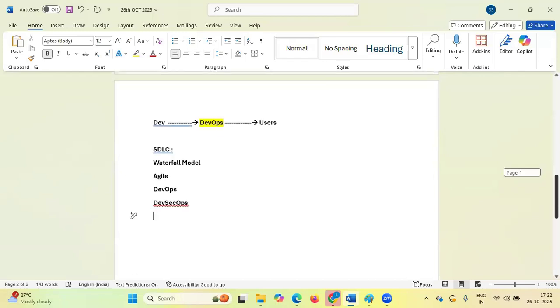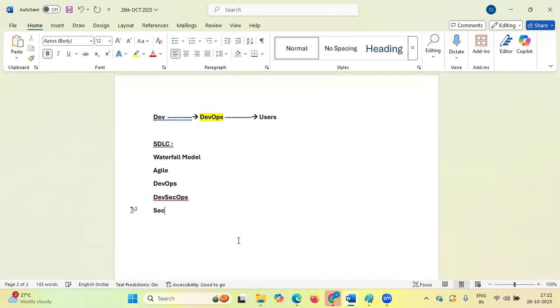After that, SecDevOps came into the picture. Okay, guys, clear? Nowadays, the people we are hiring in MNCs and any organization like Cognizant, Accenture, Infosys, Wipro, BOFA, all these organizations are hiring people who should have this knowledge, as I told you.